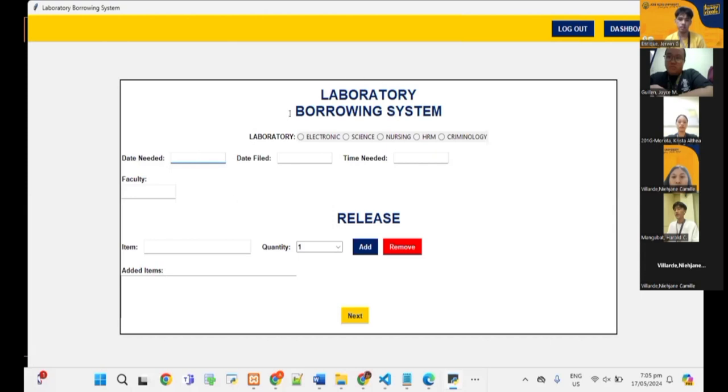First, you need to choose a laboratory, for example, electronics, science, nursing, HRM, or criminology, for example, electronics. Then you will fill up the date needed. Then next is the date filed.